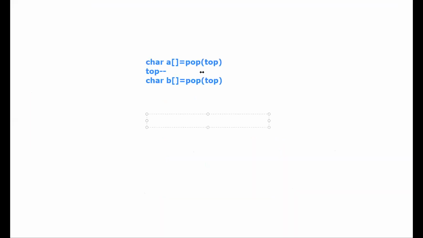Okay, first we have seen postfix to infix: left to right scan.